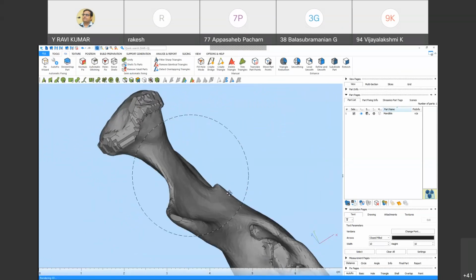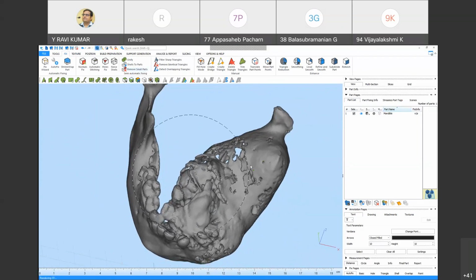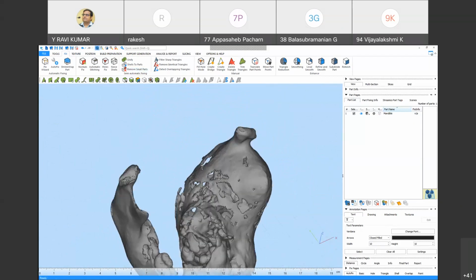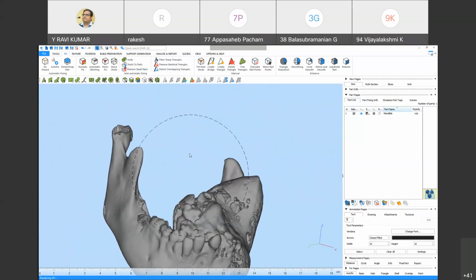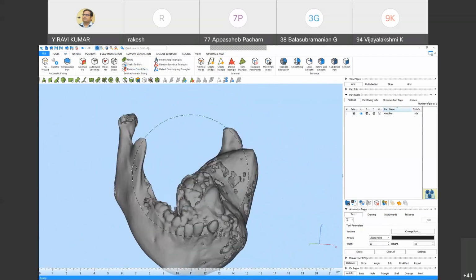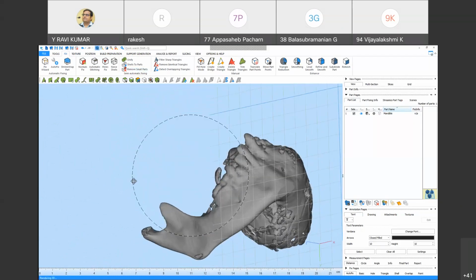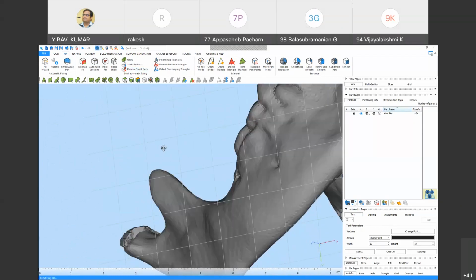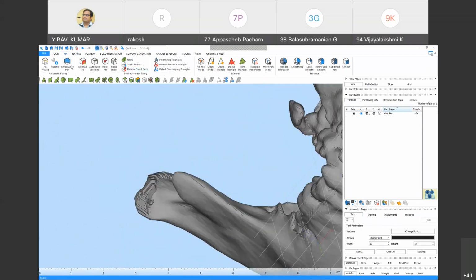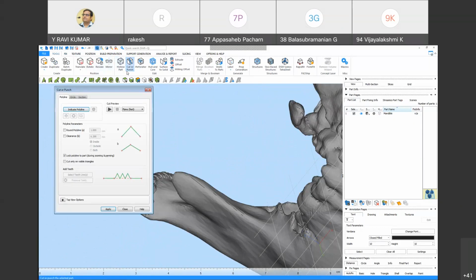This condyle portion is not good, so I need to remove it. I would need to spend much time on it actually. One more thing is STL editing: you can cut the sections here also. In the tools, there is a cut option.